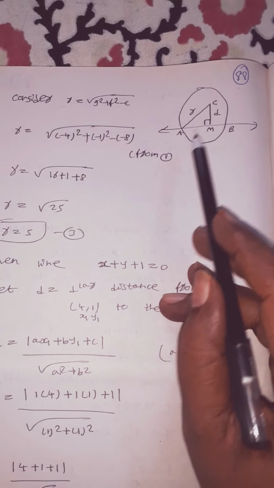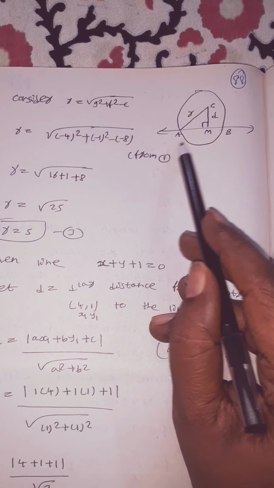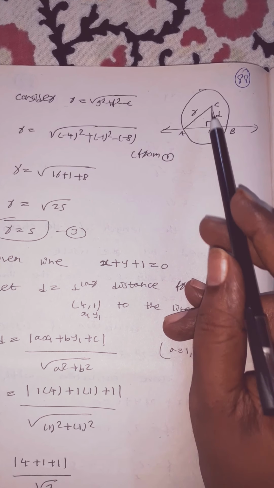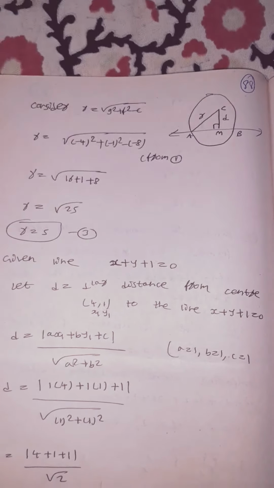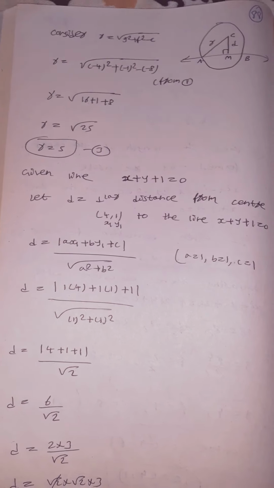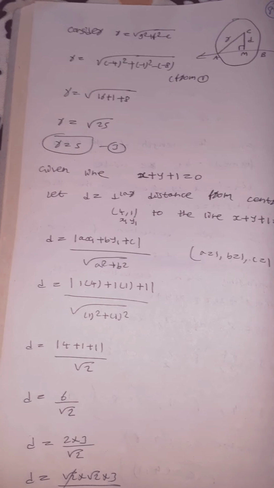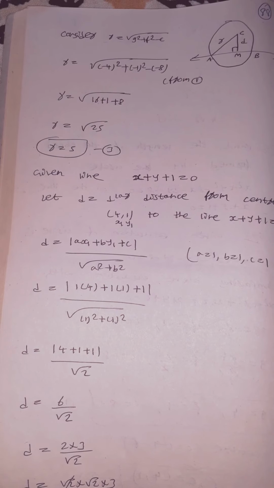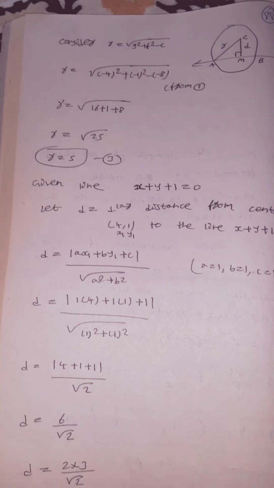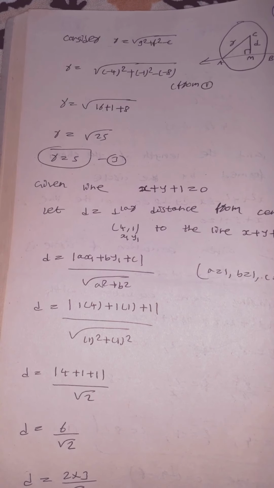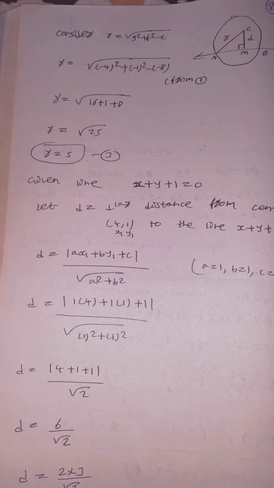Meanwhile the diagram is the same. This is a circle with center C. Here AB is a chord. So if you join, you get a right angle triangle. This is the radius and this is the perpendicular distance. So r is equal to under root g square plus f square minus c, children. So g value, how much did we get, children? Minus 4. f value we got minus 1 and c value minus 8.